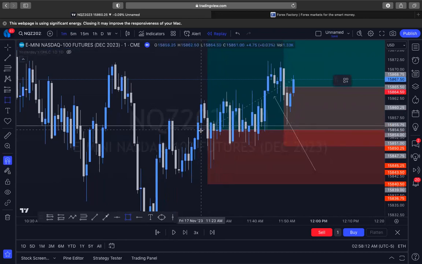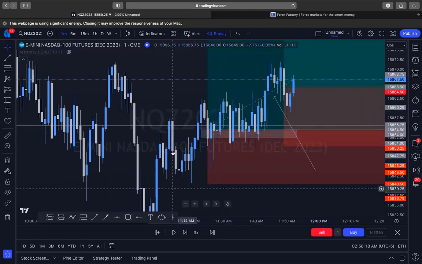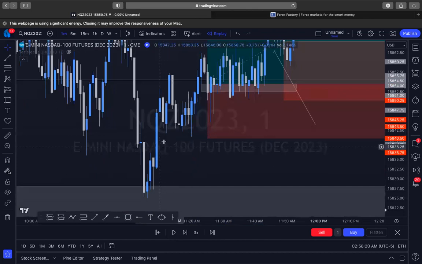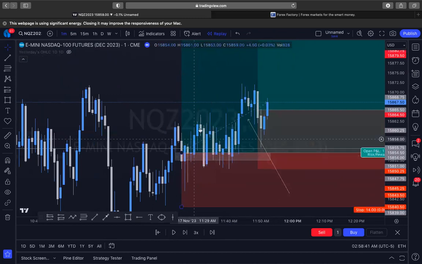If you look at this gap right here, that was my entry. So once I saw that we had, this would have been a beautiful entry right here, this gap. But I didn't trust it that much because we have another gap right here that could have potentially been a sell. But once I saw these rejections, that I saw this second market structure shift, it created this gap. And that's where my entry was. Yes, there was wicks, but if you put your stop loss at the previous low, it would have never reached that. So it would have never taken you out.